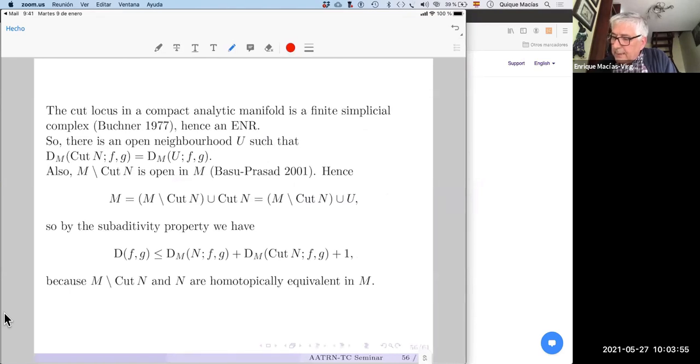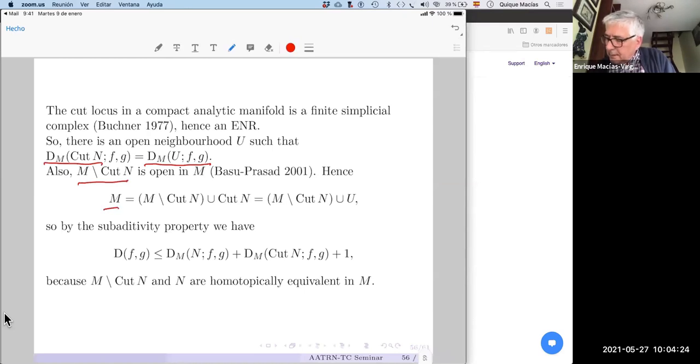The proof needs the manifold to be analytic, because in this case it is known that the cut locus is a finite simplicial complex, so it is an ENR. So you can find an open neighborhood U such that the distance on the cut locus is the same as the distance on U, the relative distance. And since M minus cut N is open, which is a theorem by Basu and Prasad,